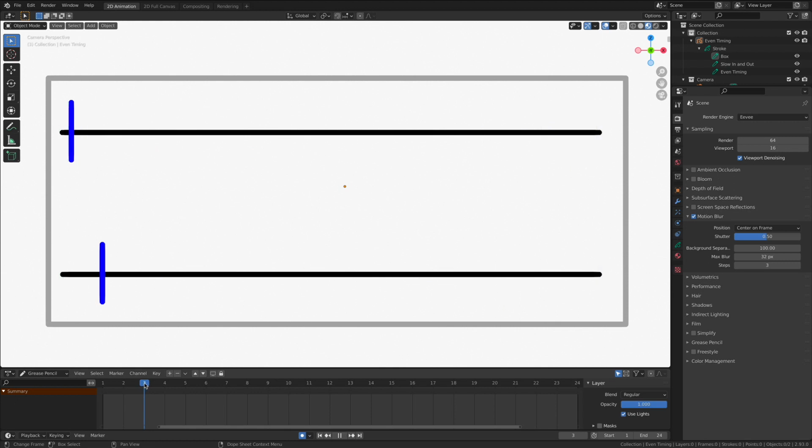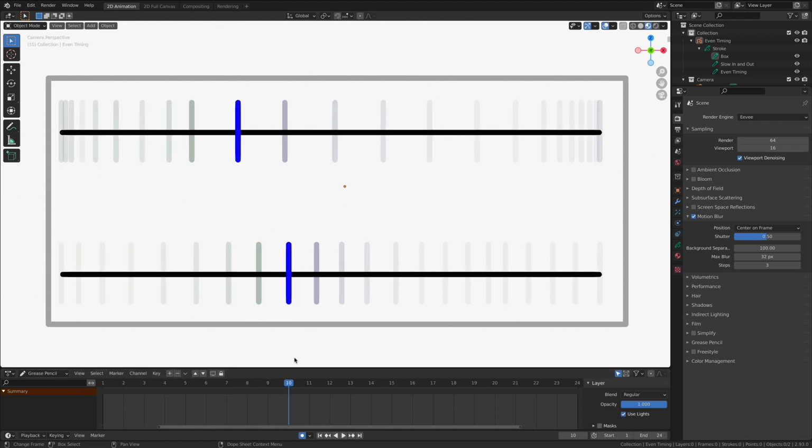With a step value of 3, for example, if I was on frame 10, it's going to look back 3 frames and forward 3 frames and blur that image a little bit to make it look like it's blending between. It just looks a little bit more cinematic, a little bit more realistic. I definitely encourage you to experiment and look at how these different options impact the quality of your final render. I think you're going to like it.